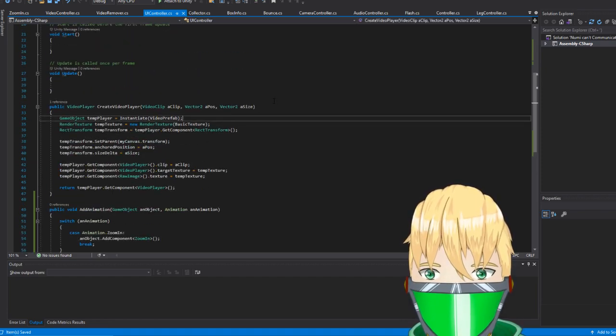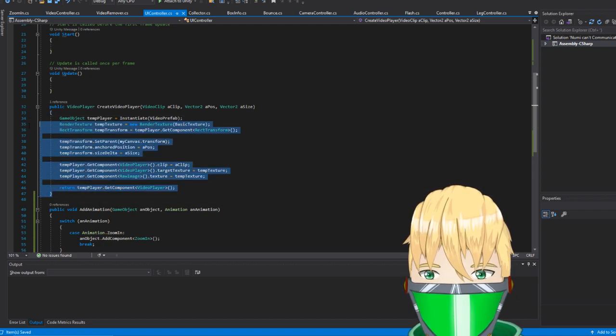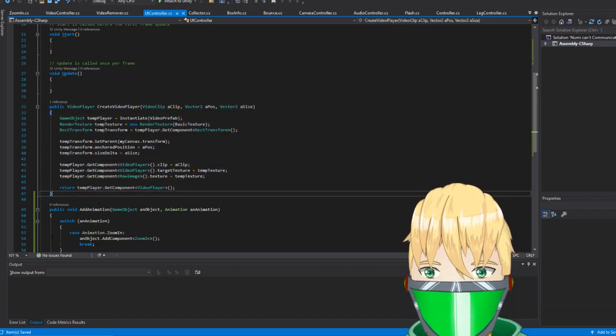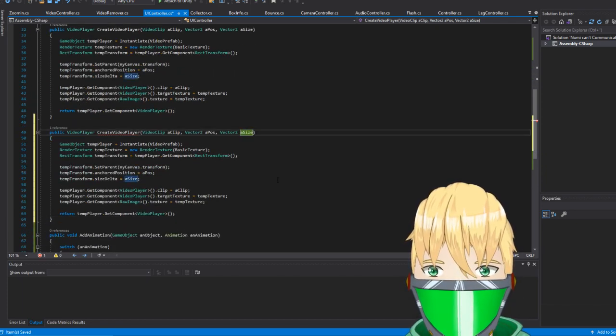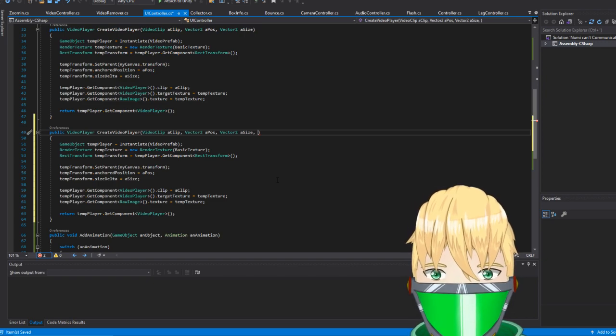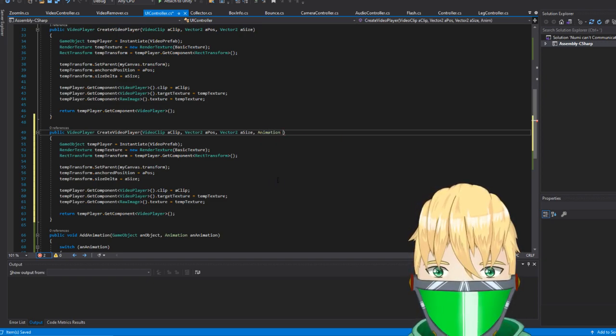So what we want is now a different version of this. So if we were to just copy this, put instead here, we want a new one. We want animation. An animation.